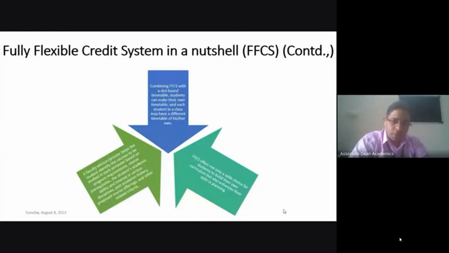Okay, so the students' academic ability, based on your academic program requirement, prerequisites, and students' academic ability and interest in various disciplines and past academic history. So all these are the deciding factors for which list of courses should be offered in a particular semester. Okay, your list of courses will be well planned by the program chair based on certain factors.